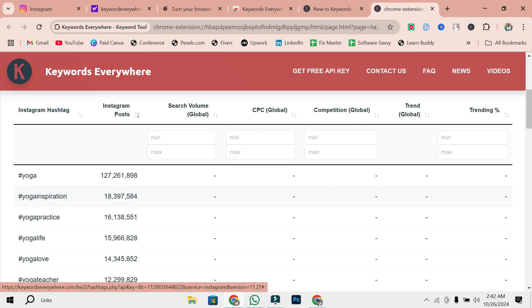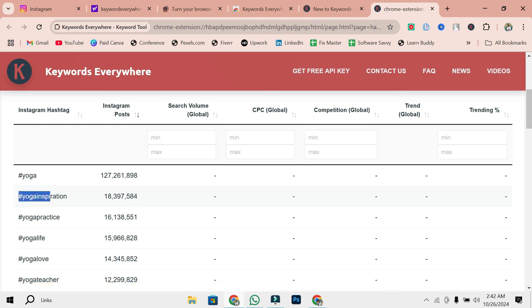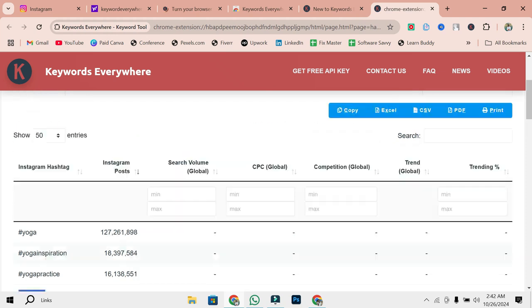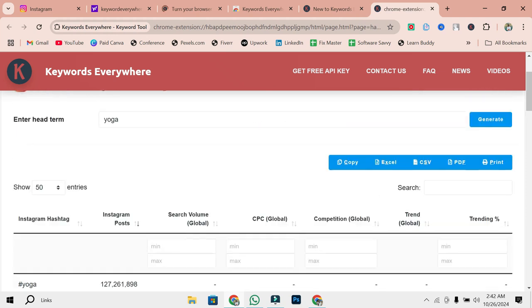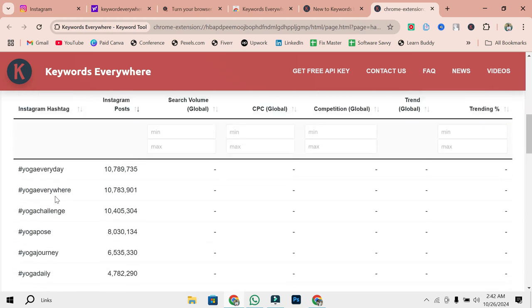Now that you've gathered a solid list of hashtags, let's talk about how to use them effectively. For each post, make sure to include your main keyword in both the text and as a hashtag. For example, if you're posting about yoga inspiration, make sure to include that keyword in the post caption as well as using hashtag yoga inspiration in the hashtags. This can help Instagram's algorithm better understand the context of your post and display it to users interested in similar